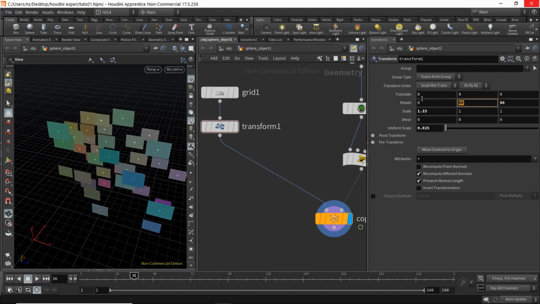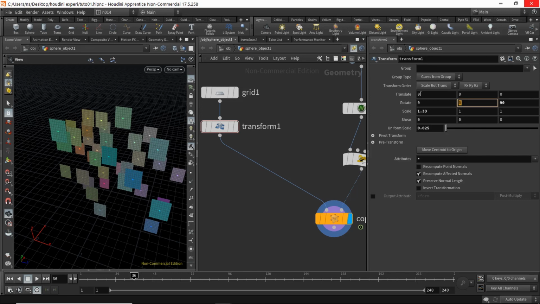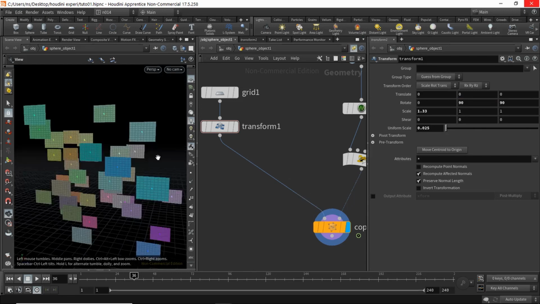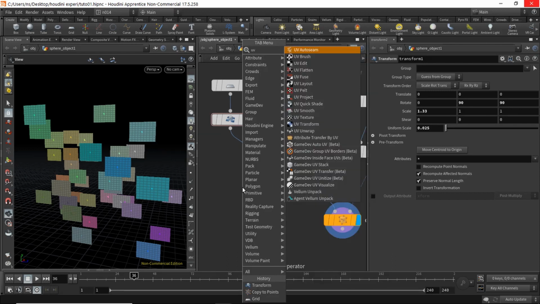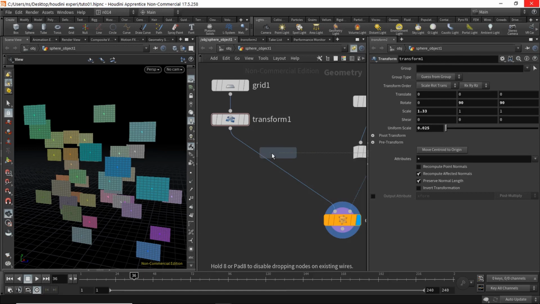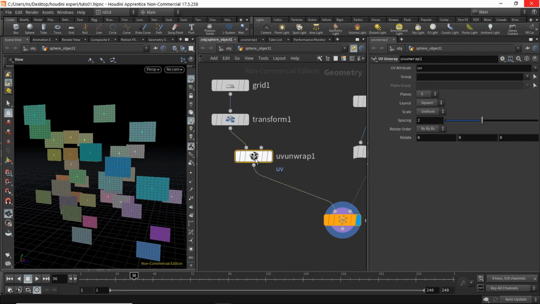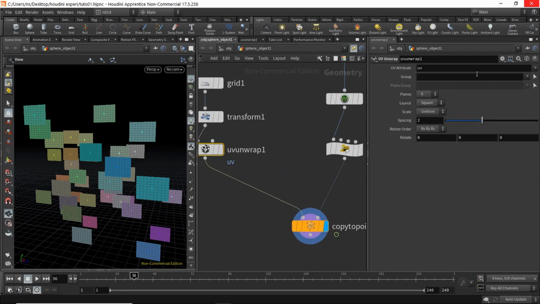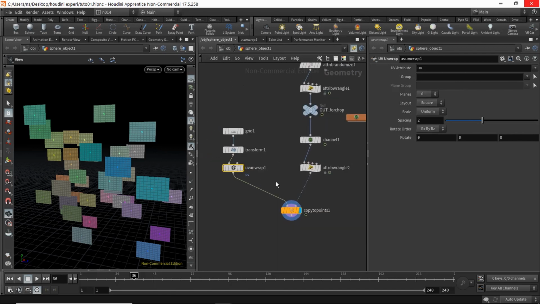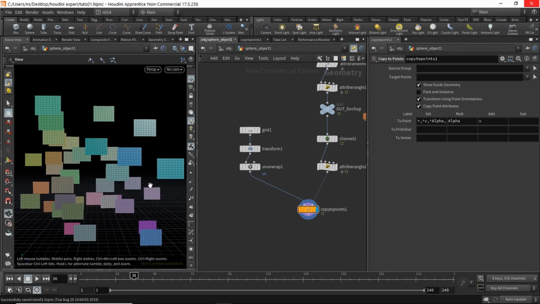I think yeah, 90 here as well. Also later on, since we are going to use some textures on it, let it have proper UVs. So UV unwrap. Now the default values here are okay,